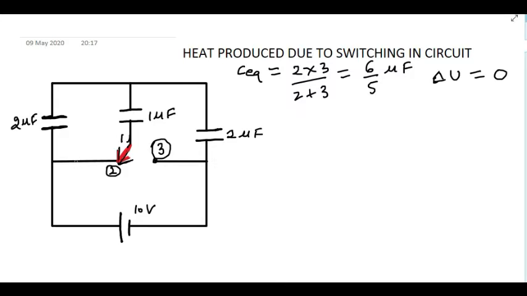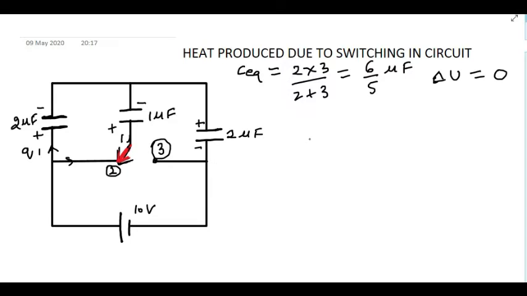First of all, we will check when the switch is closed between 1 and 2, the amount of charge flowing through this 2 microfarad capacitor. I am taking this as Q1 here. This is Q1 positive, negative, and this will be positive here, negative, positive here, negative, right? So initially we have to find out Q1. How can you find out Q1? If you check, the circuit is like that.